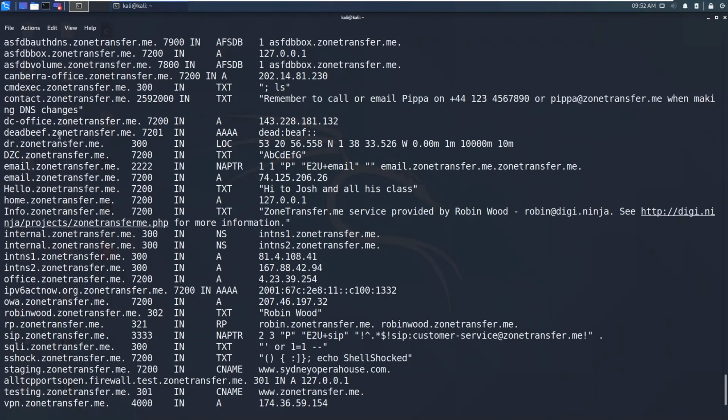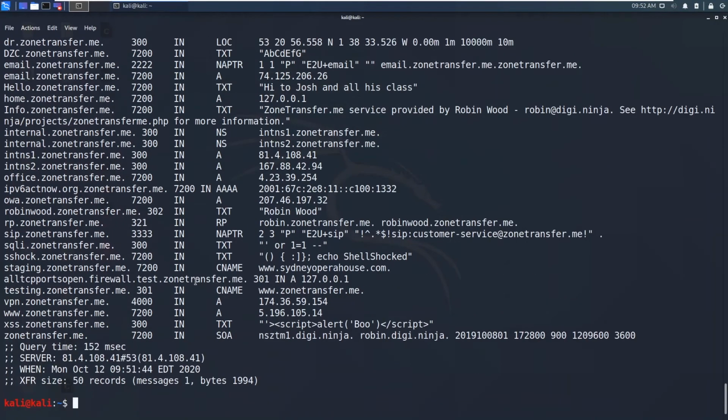As you can see, there is plenty of information here related to the subdomains and their IP addresses and IPv6 addresses and so on. You can see there is also a canonical name. You can see there is a testing.zonetransfer.me, which is an alternative name or like a pointer to this www.zonetransfer.me.